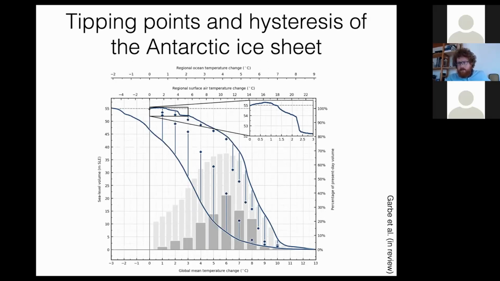And an interesting point here is that it's really a hysteresis that we find. So when you go to very high temperatures, like these 12 or 13 degrees of global mean temperature change, and then turn back the temperature, it's clear that the Antarctic ice sheet doesn't follow the same path of recovery, but it takes much longer to recover. It takes the ice sheet on the melting path, and it even takes global mean temperature changes up to -3 degrees compared to today to recover the full ice sheet, which really also raises some interesting thoughts about,